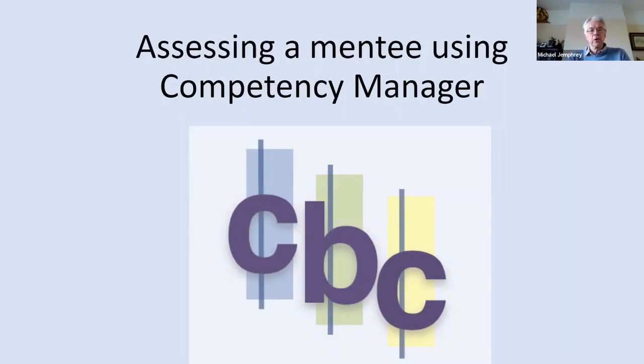Assessing a mentee using Competency Manager. For competency-based certification, we are using a software tool called Competency Manager. In this short presentation, I will introduce how we can use this tool in helping us to assess mentees' growth